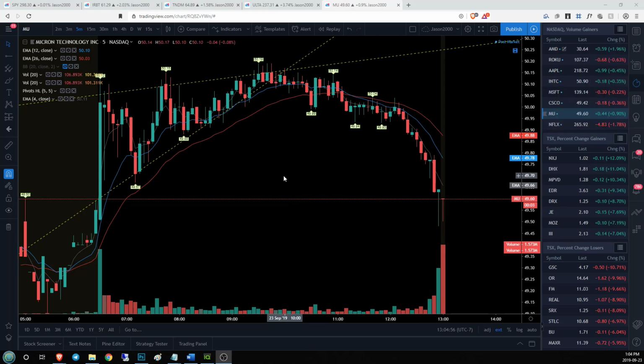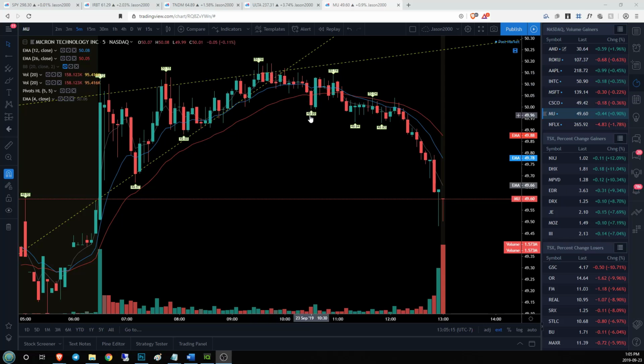Hey guys, just doing a follow-up toward the end of the day. We managed to get into our MU short around 50.15 or so. I was looking up here on the 5-minute time frame. I saw we had a triple top rejection from 50.19. So on our third pullback, as we stayed inside this pattern, I took my initial entry at 50.15 short,